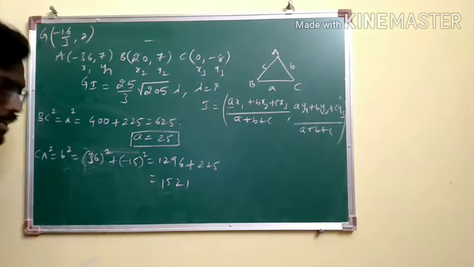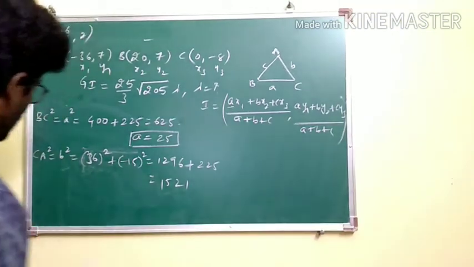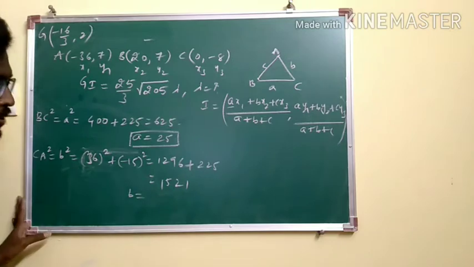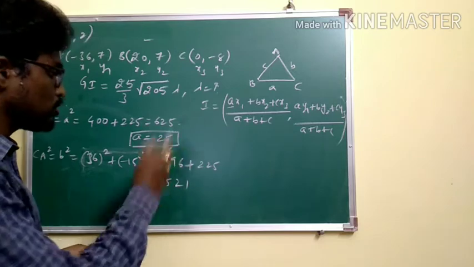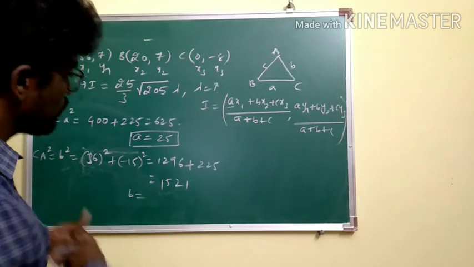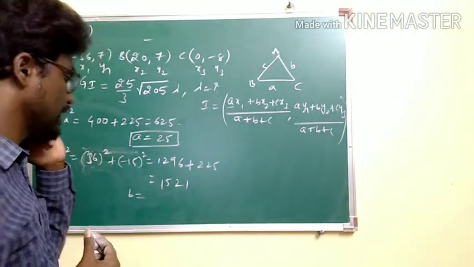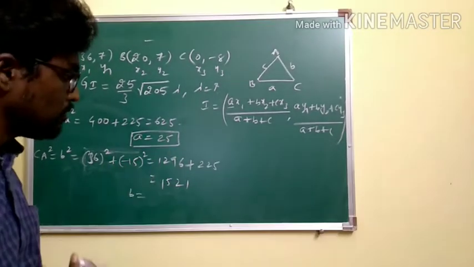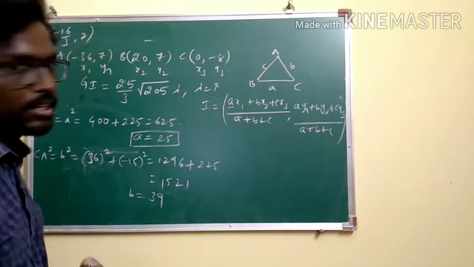What do we have here? CA square is equal to 1521. What is the square root of 1521 now? Because we have B square is equal to this, therefore B is equal to the square root of 1521. Just now we calculated that 36 square is 1296, so its square root is definitely more than this. Understand? So what square is going to end with 1? Let us think here. Okay, 39, because 39 into 39 is going to end with 1. So if you calculate 39 square, you will get 1521.